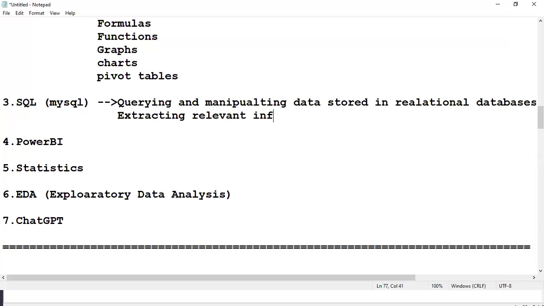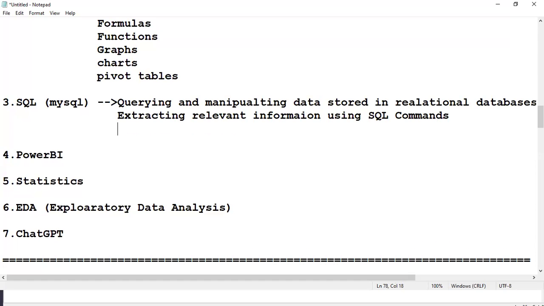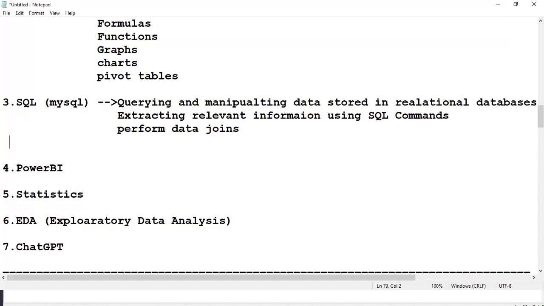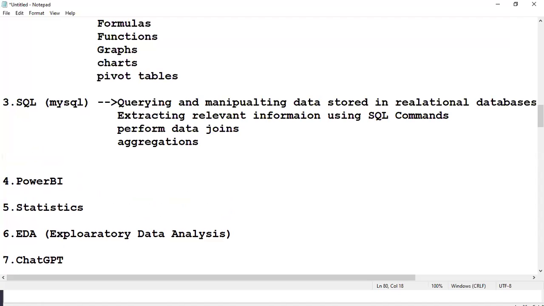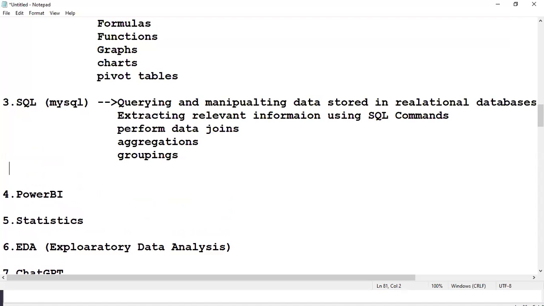Extracting relevant information using SQL commands, performing data joins, aggregations, groupings, and optimizing queries.